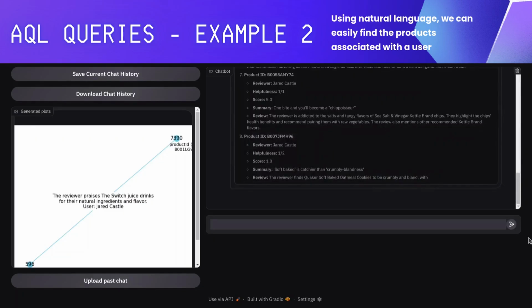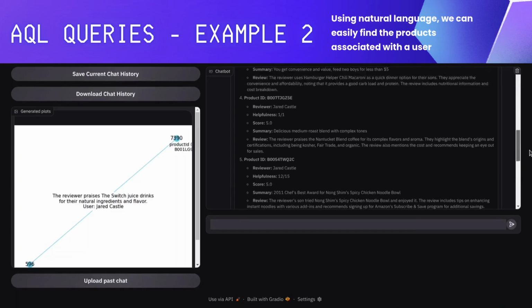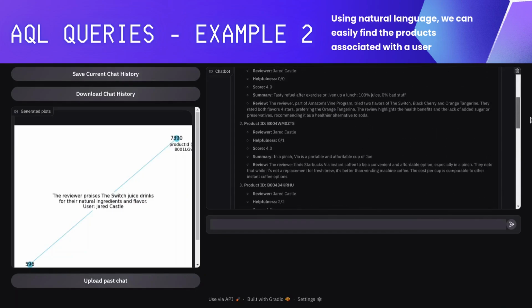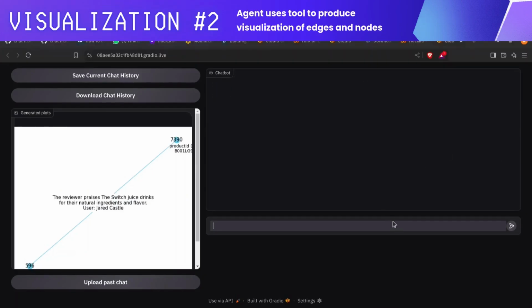Here we are requesting multiple information from different edges. So we have a lot of review attributes for each edge, and here we can see that the agent is effectively producing AQL code. In this example, the agent is using a tool that can help to visualize the results